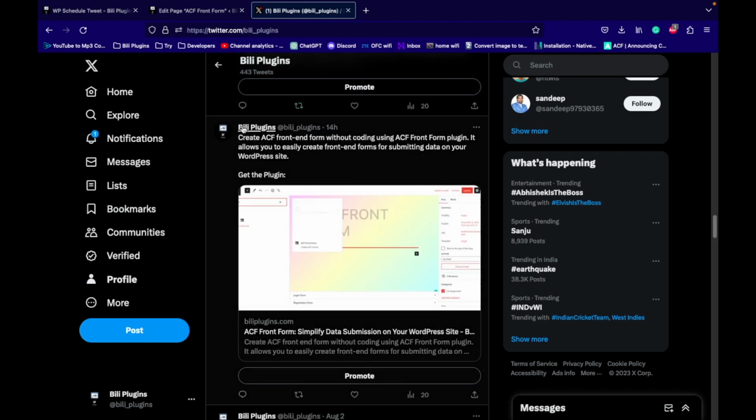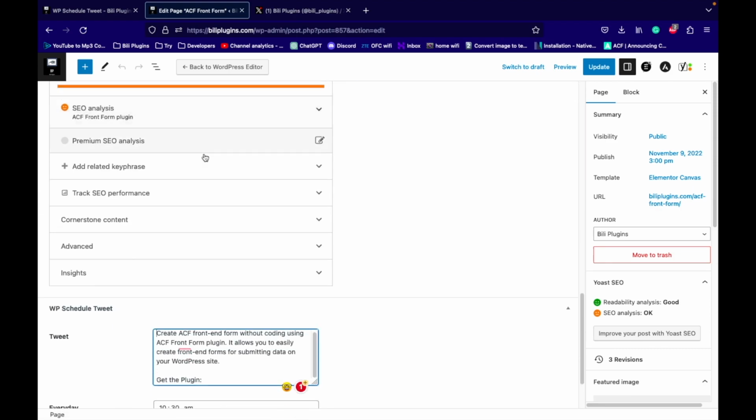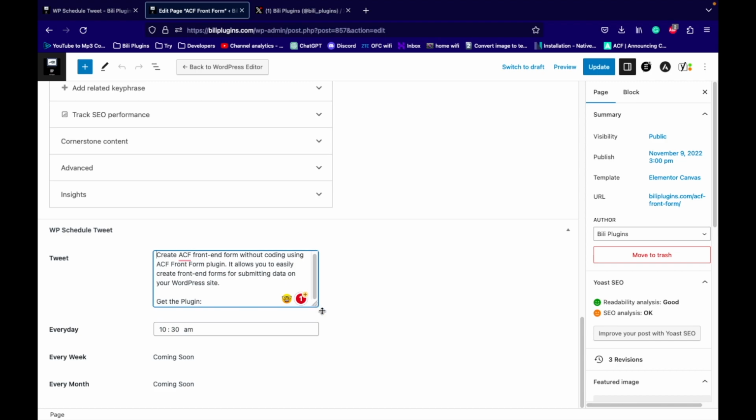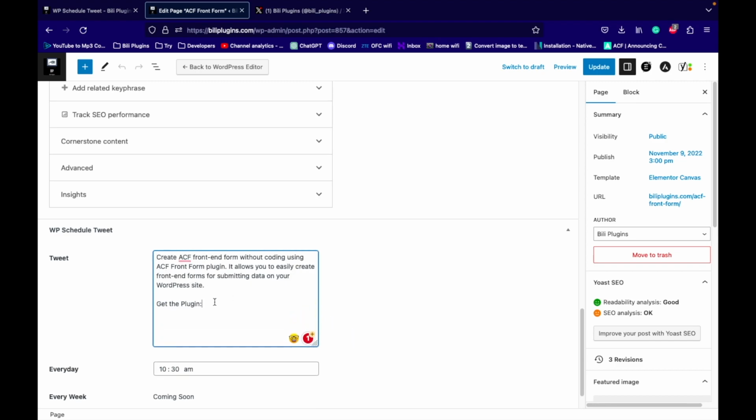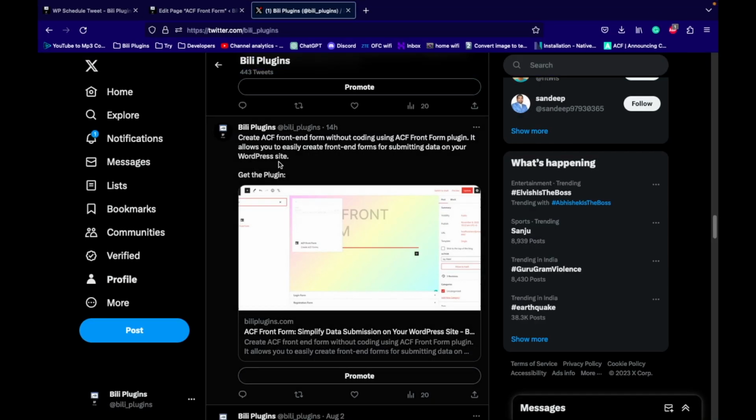So yeah, this one is the post which we just edited. If you check that, this content is displaying, and then it will automatically append that page link over here,